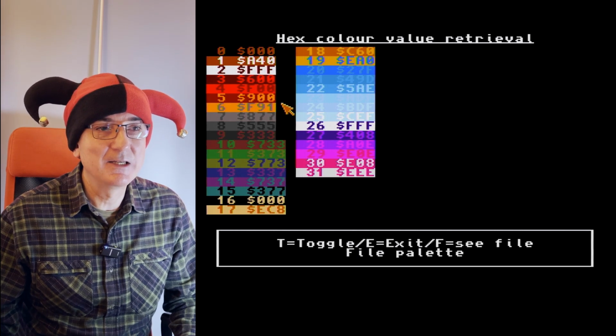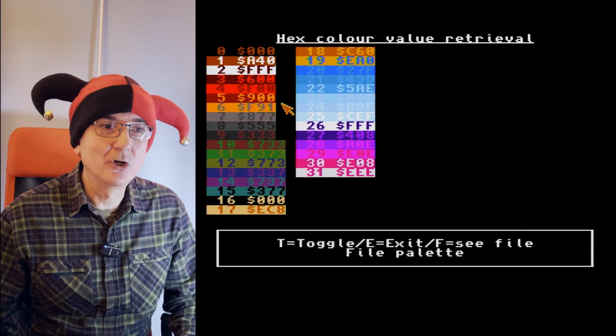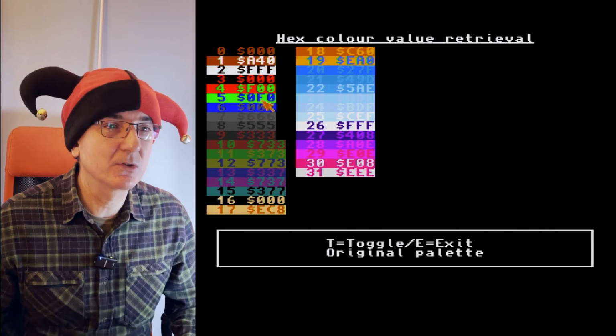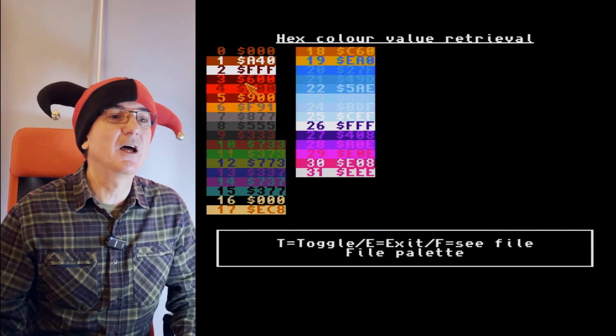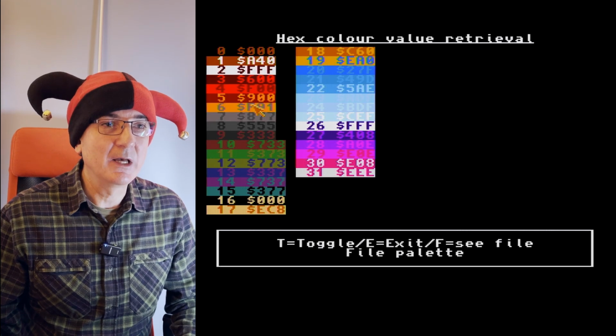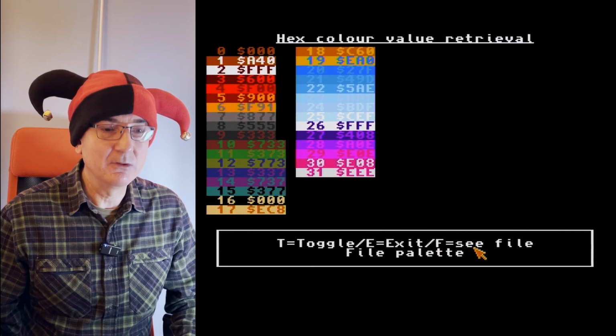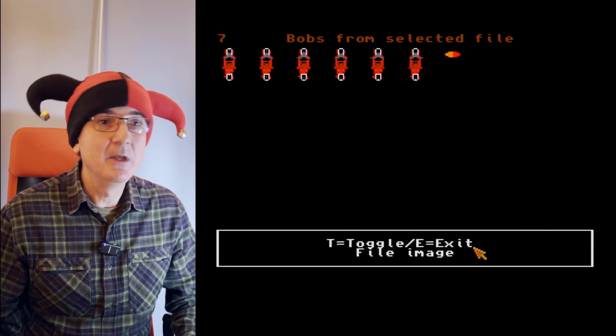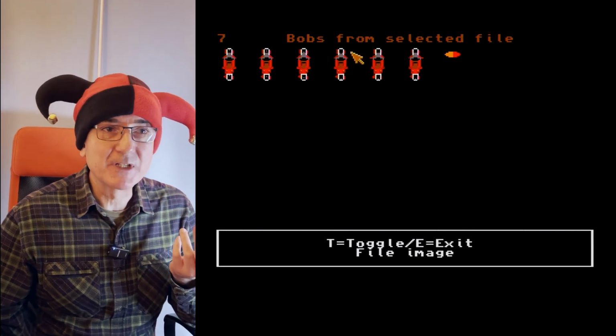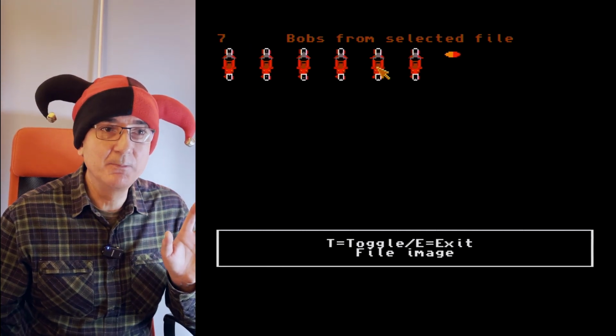So that's my original palette. This is my file palette. Not a lot else has really changed. It's quite unadventurous in terms of color codes. So if I now get to this screen, I can now press F to see the file. And here we go. So there are 7 bobs here, and it's loaded all of those bobs in to give